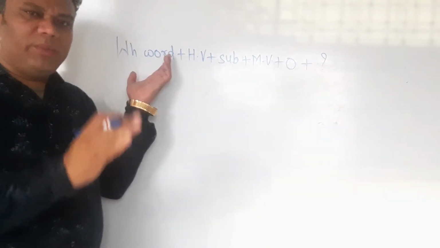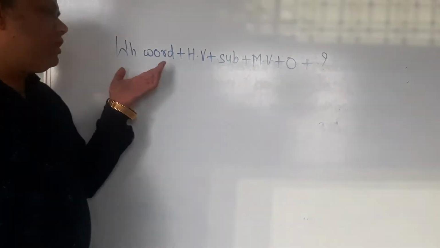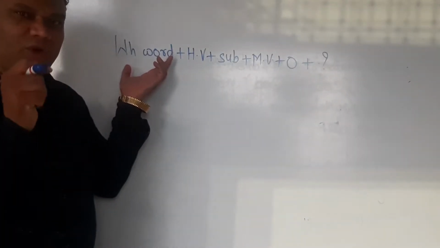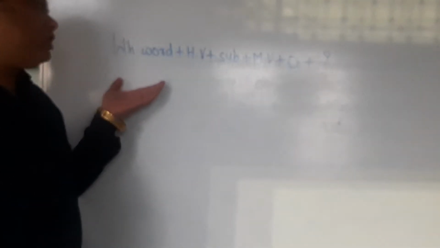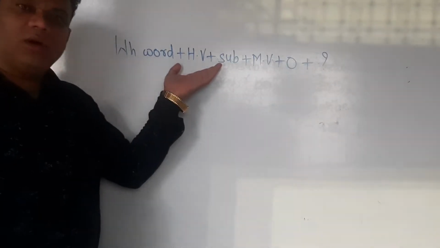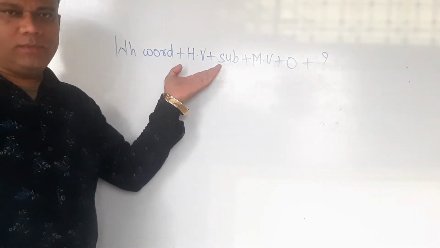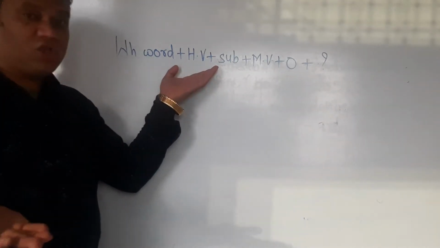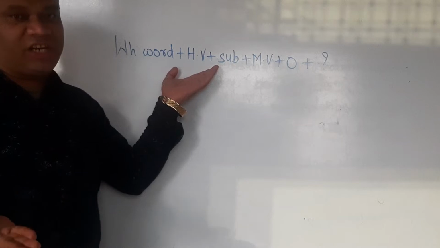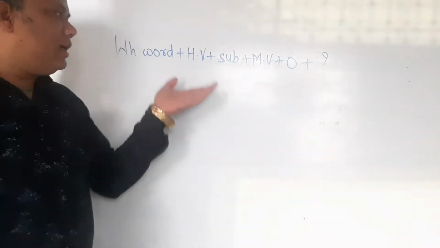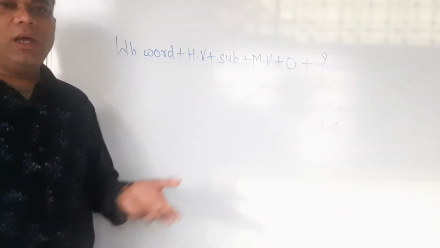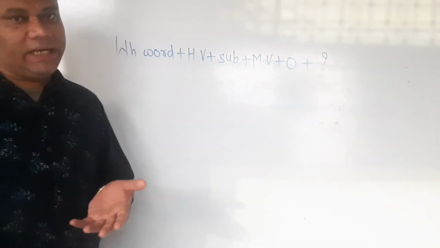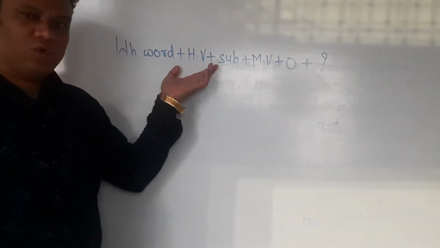So going through the meaning of the sentence, first of all we should decide which WH word we are going to use. After using the WH word, as per the structure, the helping verb is there. So first of all we should see whether a helping verb is present in the sentence or not. Sometimes you will find the helping verb, sometimes it will not be there. If a helping verb is there in the sentence, then the same helping verb you have to use.